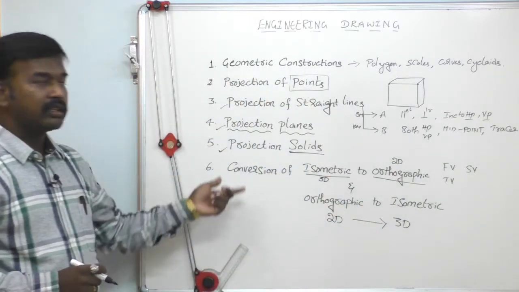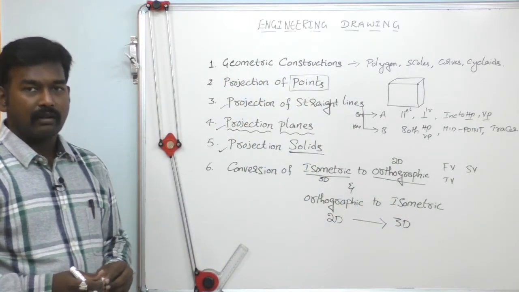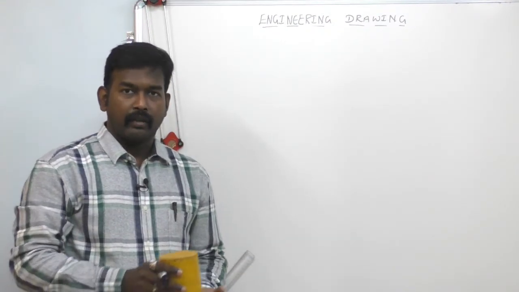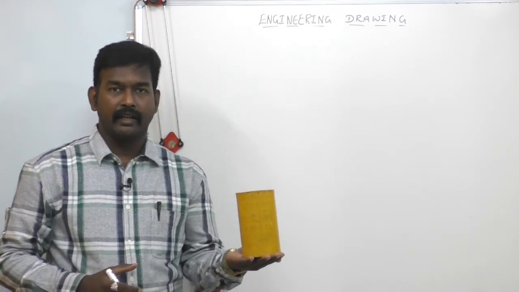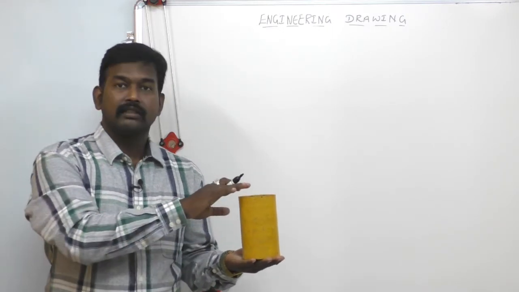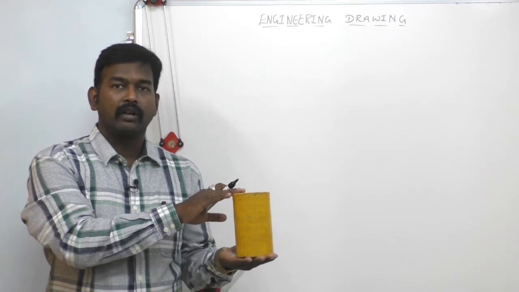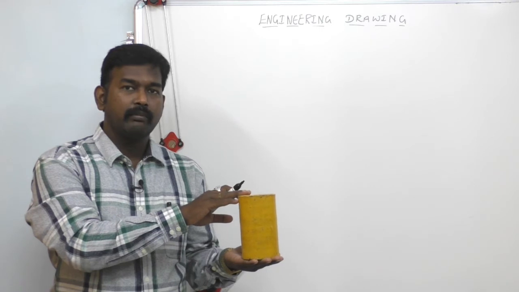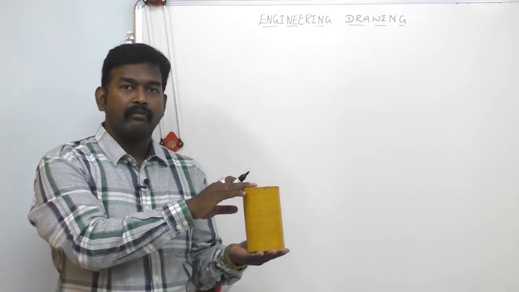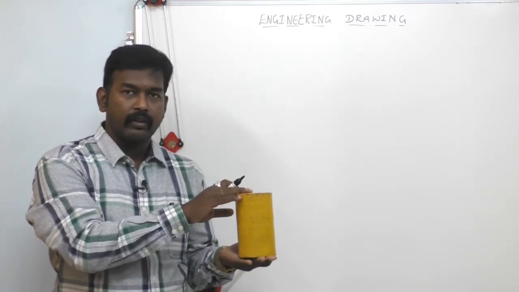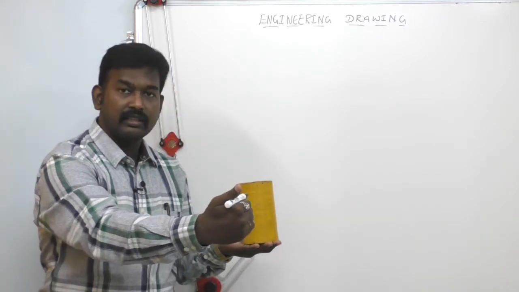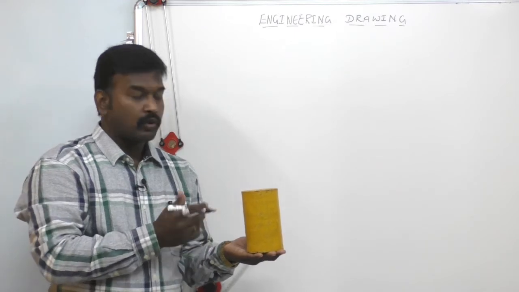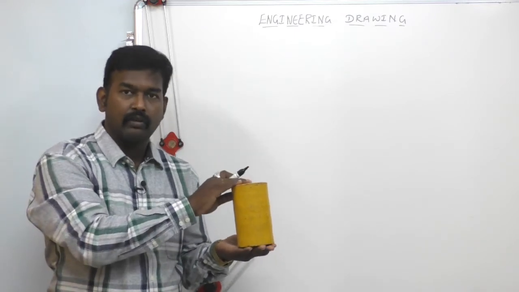So these are the general concepts covered in the J&K syllabus. Let us discuss solids. Take a cylinder as an example. This is a three-dimensional object. We have to construct the orthographic view or orthographic projection. What it means? We have to cover front view, top view and side view. Here this is the front view, this is the top view and this is the side view. What is the shape of the front view of the cylinder?